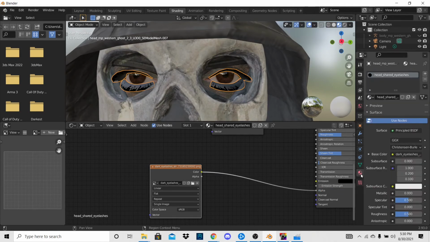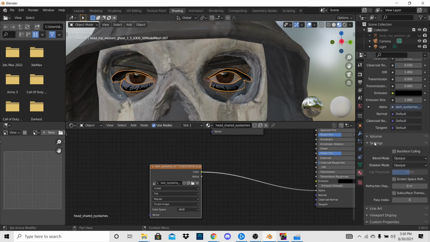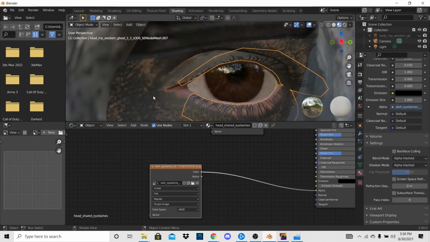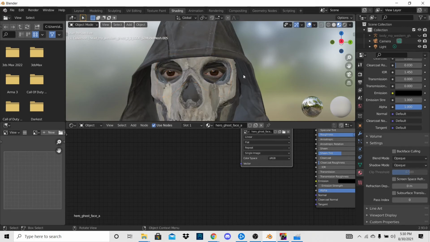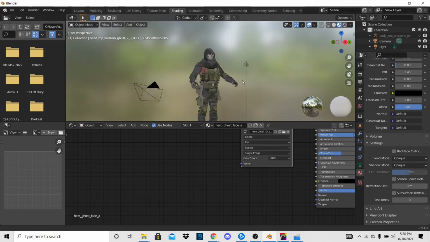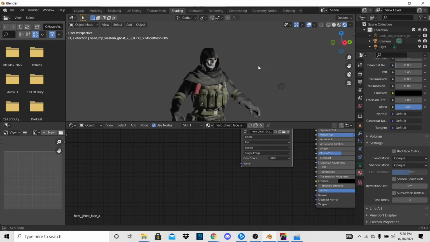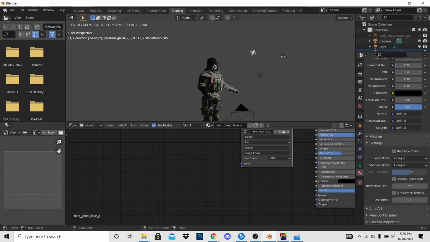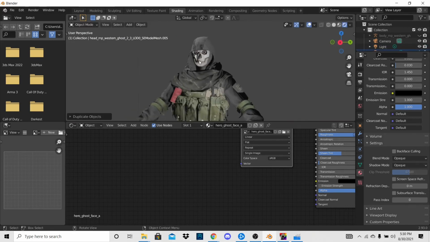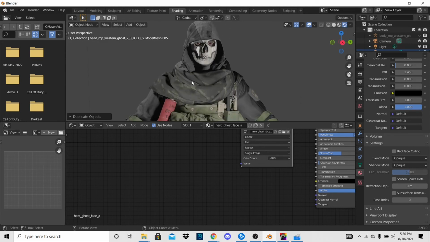And then go to this little tab down here. It's the material properties. And we're going to go down to settings and change blend mode and shadow mode from opaque to alpha hashed. And that will make it so that the eyelashes are actually eyelashes and not little square things. And with that, you have a character that is fully textured and extracted from the game, and it looks great. You can add in a little bit of extra lighting, and if I added in an HDRI, like this,